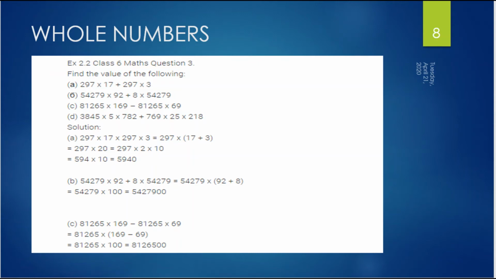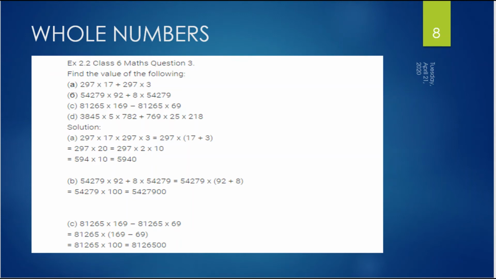Same way in the next part, 5427 into 92 plus 8, the same value is being repeated. The same value is to be taken out common outside the bracket, and the rest two values are to be added. Means 92 plus 8 will become 100. So it will be 5427900. C part of this question is having a similar value, that is 81,265 at both the places, having a minus